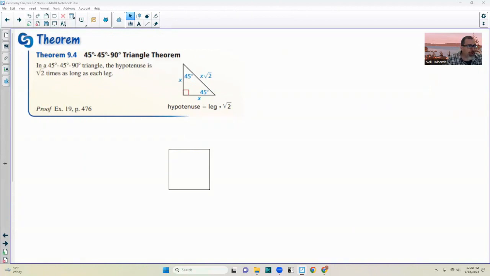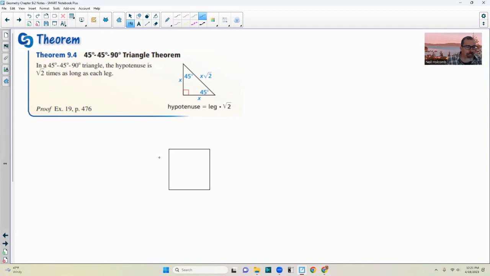Okay, before we get started though, there's our fourth theorem of the chapter, chapter 9, theorem 4. The 45-degree, 45-degree, 90-degree triangle theorem. In a 45-degree, 45-degree, 90-degree triangle, like shown here, the hypotenuse is the square root of 2 times as long